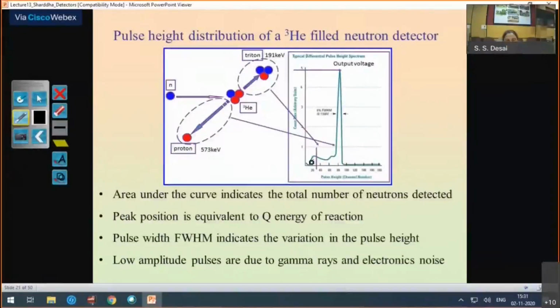And here specifically I am showing you two small humps. These occur if this reaction does not take place entirely within the gas volume. If there is a partial collection, then there are these two wall effects, which show a peak at 191 keV, and another one at 564 keV, that is for the proton peak. And all the gamma pulses are discriminated below a certain noise level. So this good pulse-height spectrum gives us the advantage of discriminating gamma and other electronic noise pulses as well.